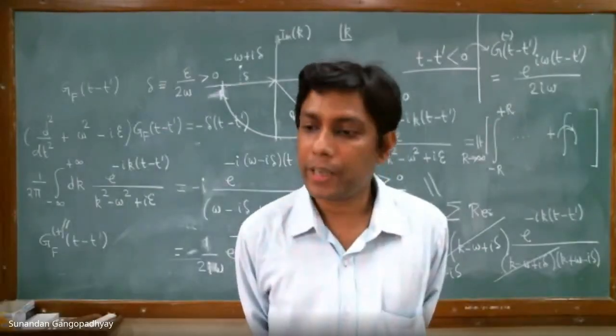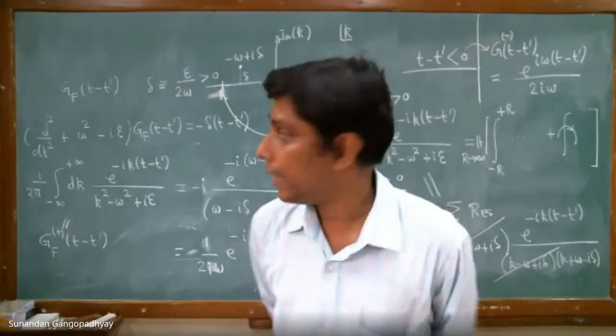Sir, if you follow the same process as you have done on the board, then we take a limit r tending to infinity. Then we separate the closed contour integral into two integrals. Yes, closed contour integral we have separated into two integrals. Good. I am asking that in the case of t minus t prime less than 0, the integral on the lower half will be equal to 0, right? No.